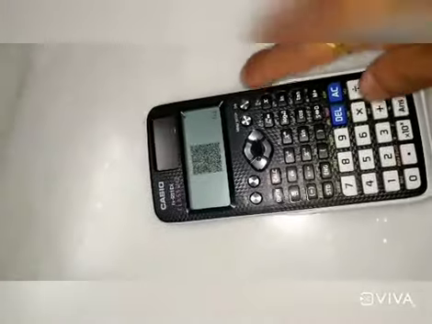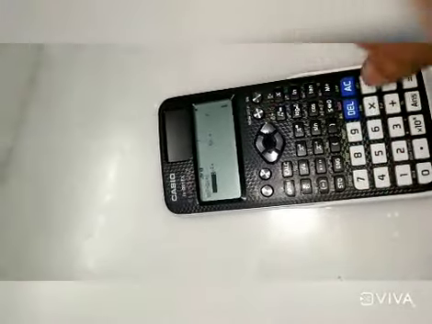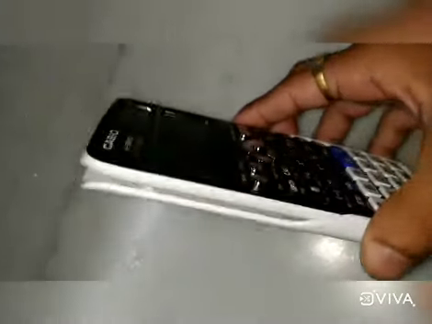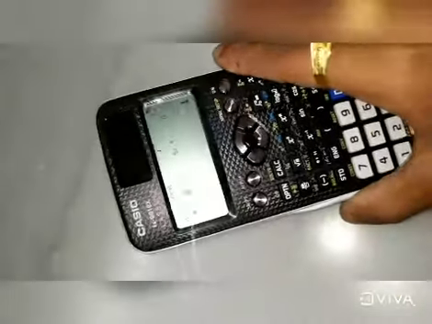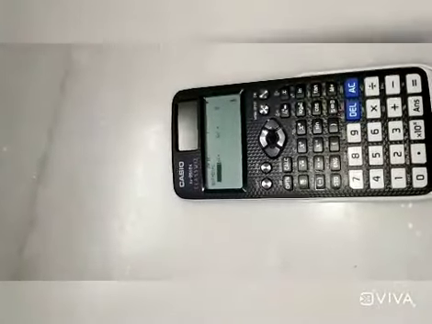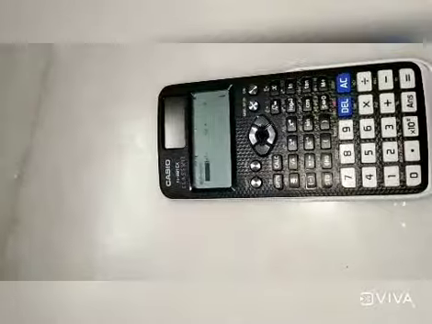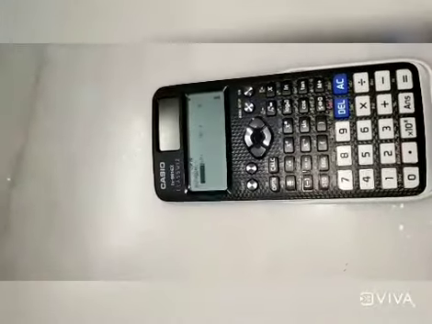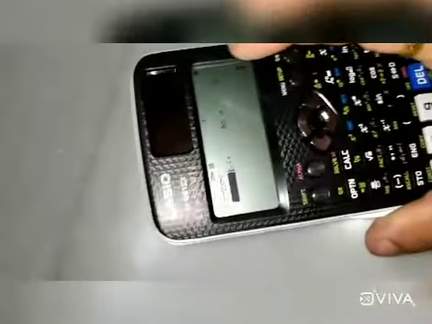Apart from this, the FX991 ClassWiz is the best calculator. Many professors, faculty and senior students recommend this calculator. I would like to conclude that if you have to solve your problems in minimum time, this calculator is the best calculator I have ever seen.